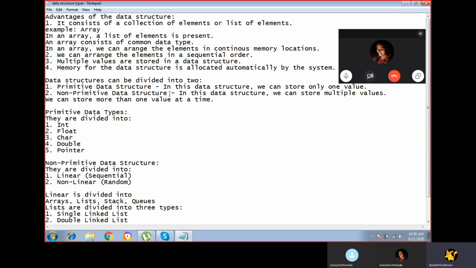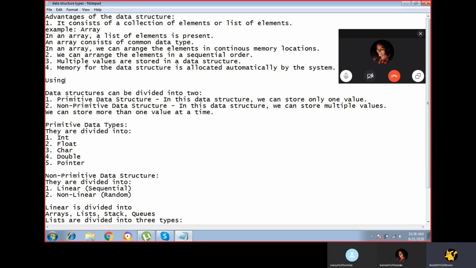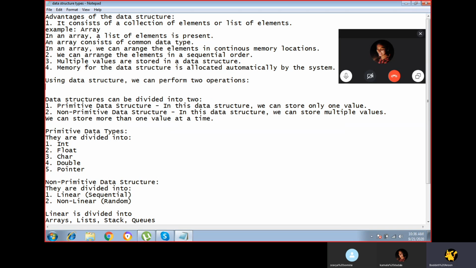Another important point is: what is the advantage of using a data structure? Using a data structure we can perform two operations. What are the two operations?